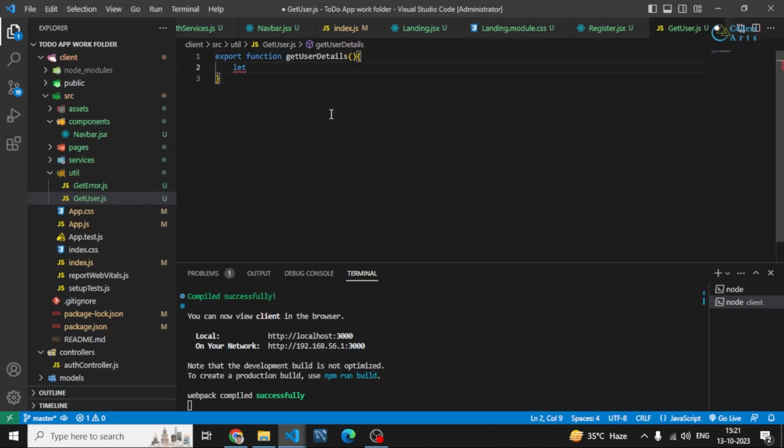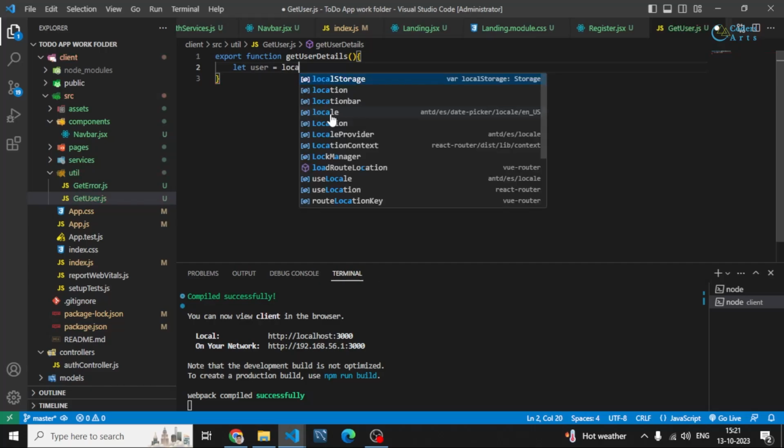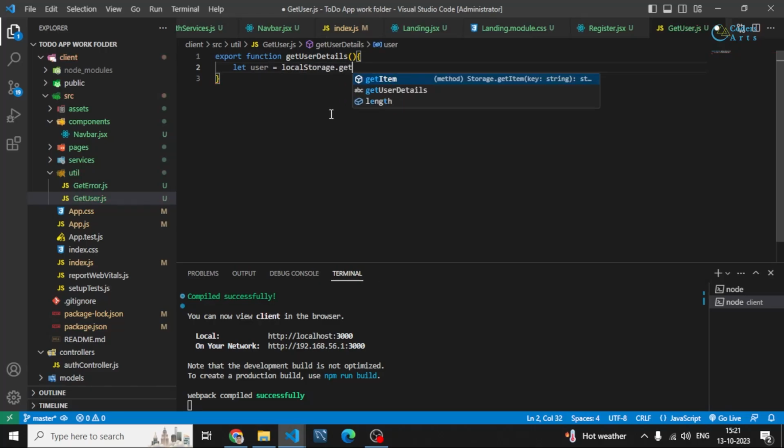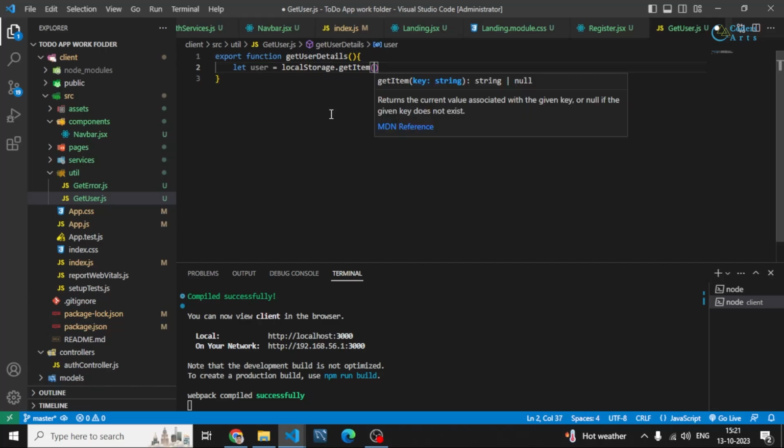Let me name it as user, and I'll be getting data from local storage. So I'll be using localStorage.getItem, and inside that I can specify the key. Remember we had the key, this was the key, todoAppUser,